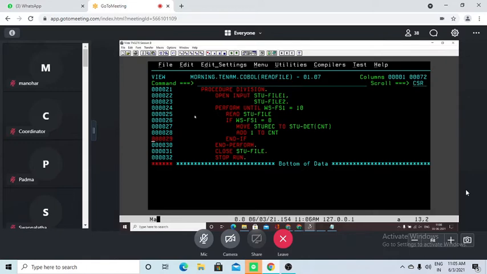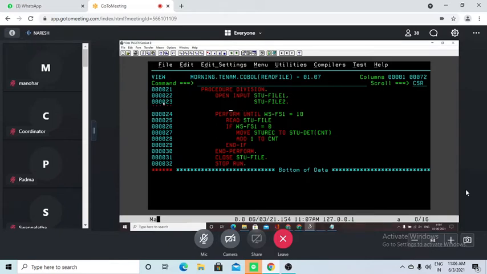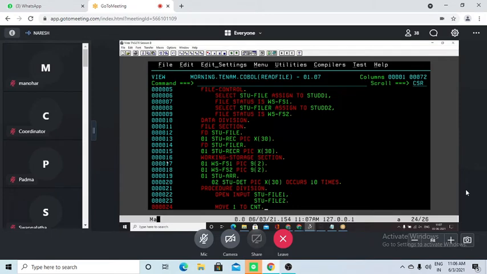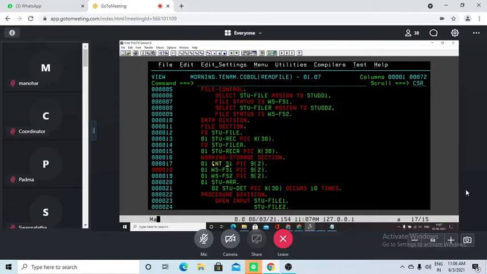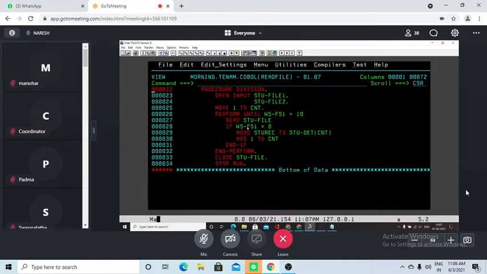Fine. Before performing here, I will move zeros, or move 1 to cnt variable. Okay, fine. Then I will declare a working storage variable called cnt. I'll take picture class 9 of 2. That is sufficient for me, right? So what we are trying to do? We are trying to read the file and then load it into an array. So keep on loading the data into an array. Once everything is loaded,